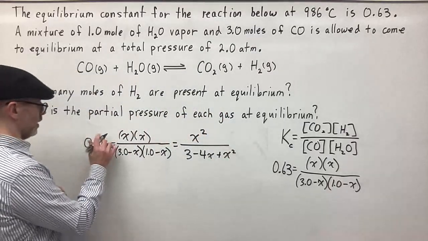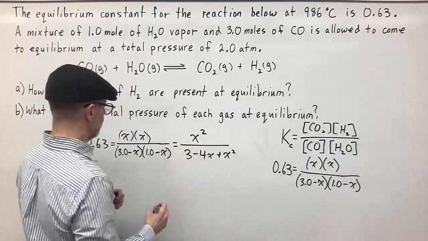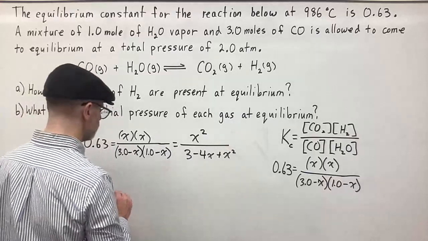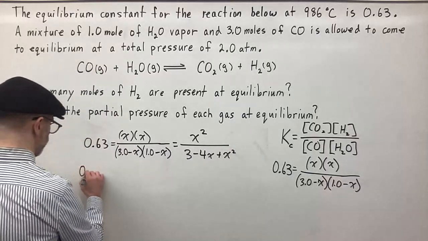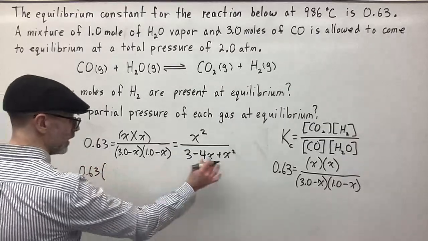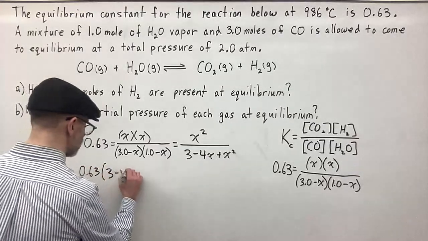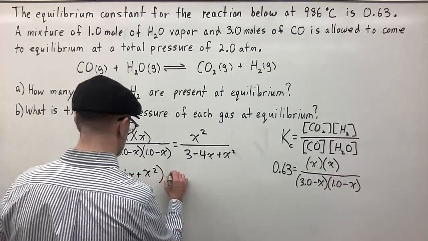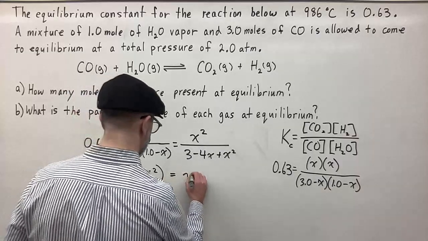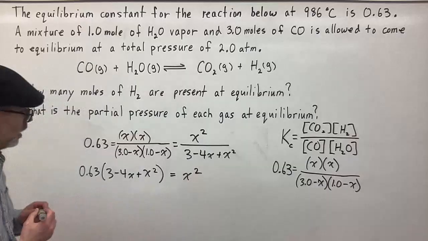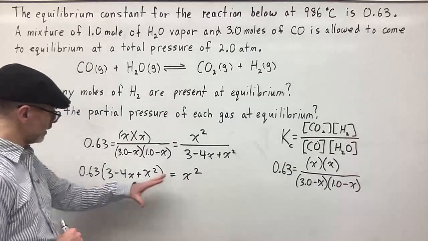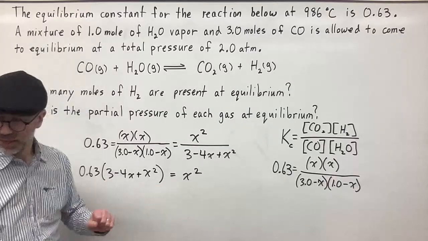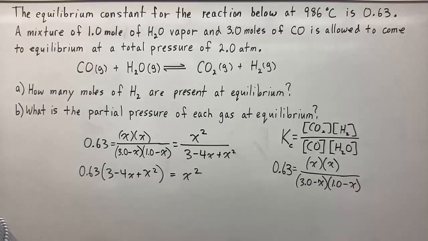Okay, so then we have this is equal to this. And then what we're going to have to do is multiply this on both sides to get it over here. So we're going to have 0.63 multiplied by this, 3 minus 4x plus x squared, and that's going to be equal to x squared. Okay, so now we have it in this form, and now we're going to have to multiply the 0.63 through, and when we do that, we get